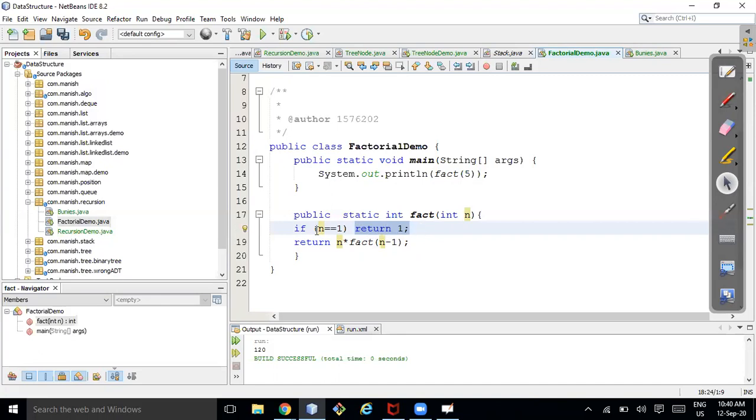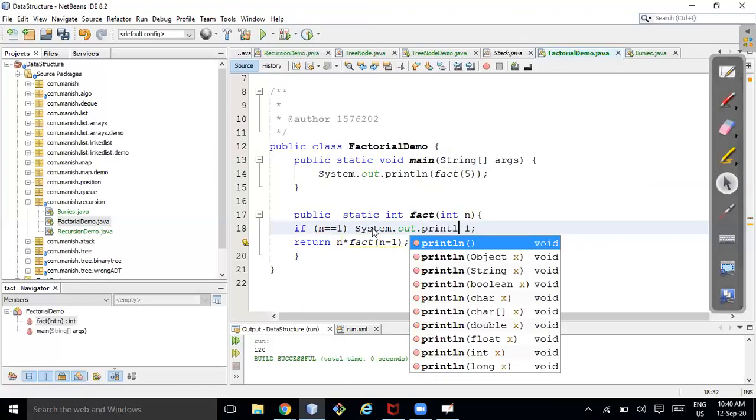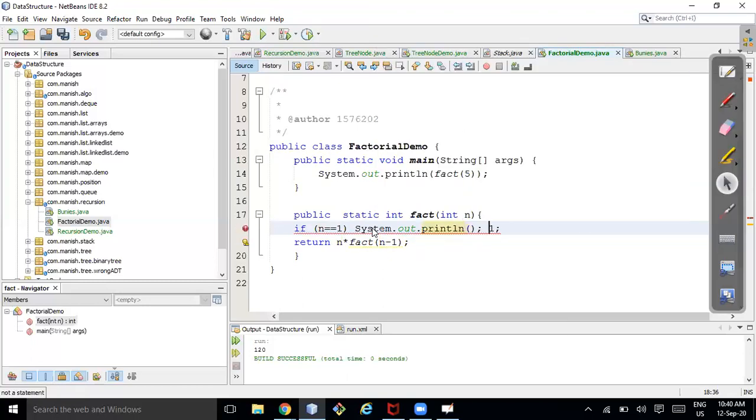So once n is equal to 1, the execution terminates and it will be out of the function. So this part of the code will not be executed. Suppose if n is equal to 1, and here let's say I write print or SOP. And here also I am writing something like this.